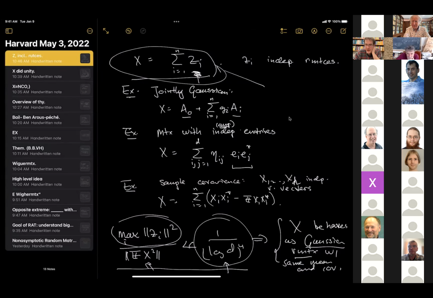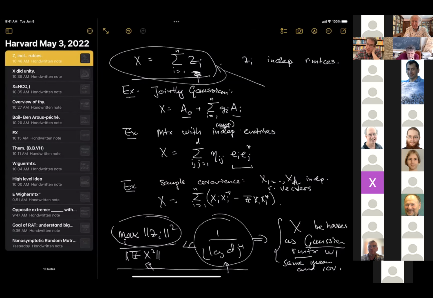First of all, it was sort of a joke, the picture of Van Gogh. You would have to, first of all, divide it into pixels. And then you'd have to tell me, what are you making the intensity of the pixels? Is it the mean? Is it the variance? I can play here with the mean and the variance. I can also play with the covariance. That's the dependence, right? So the obvious one would be the intensity, meaning the variance. So let's say we could do independent entries with the variances coming from a Van Gogh painting.